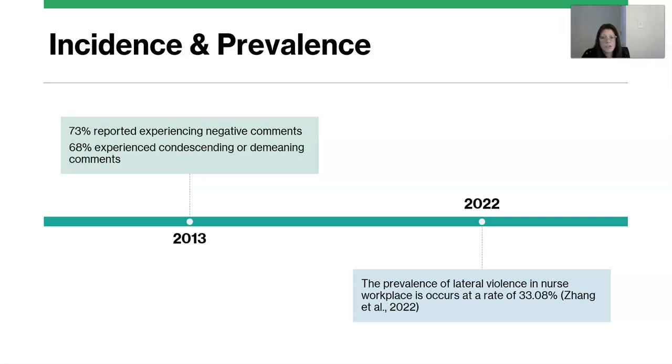According to the current research, the incidence and prevalence of disruptive behavior in the healthcare environment are still of significance. In 2022, a systematic review and meta-analysis of 27 studies since 2014 was performed by Zhang and team and uncovered that lateral violence in the nursing workplace persistently occurs at a rate of 33.08%. The highest report of lateral violence was reported to occur between nurses. Although strides have been made by healthcare organizations, such as the Joint Commission, the ISMP, and other healthcare regulatory bodies, the persistence and prevalence of lateral violence has not waned in the last 10 years.